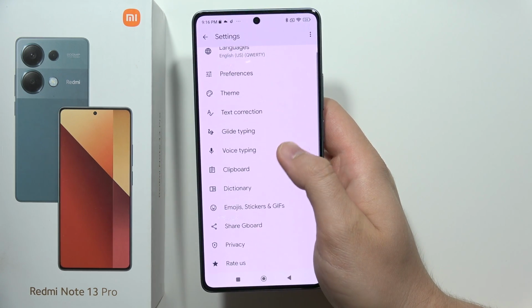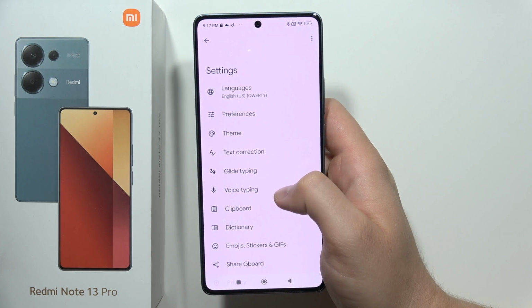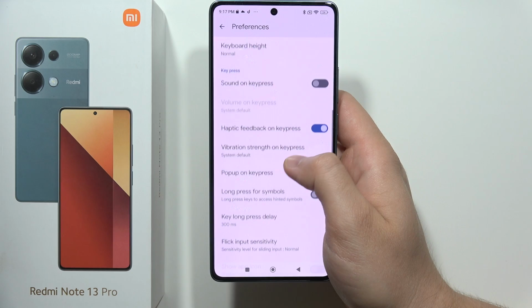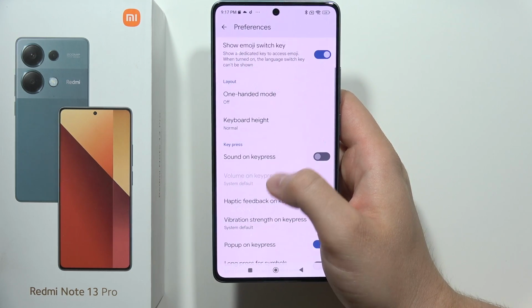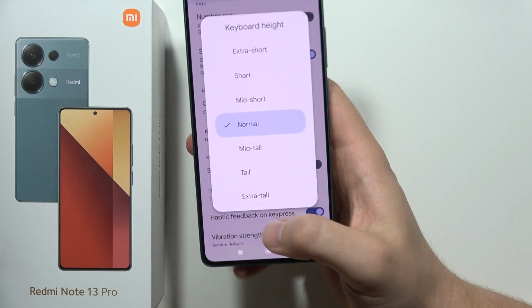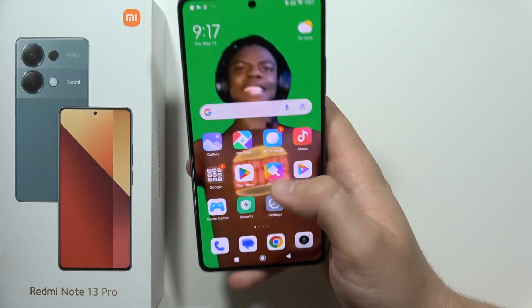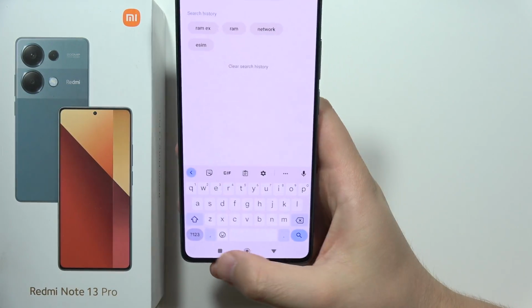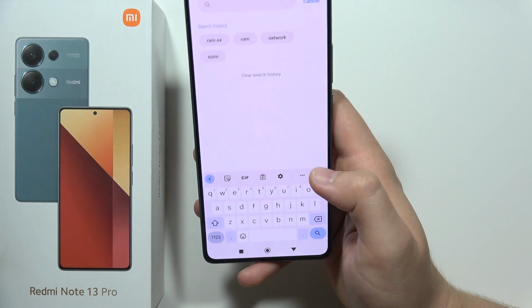Then you will have to scroll down, or maybe not, we have to actually go for the preferences, and from this we should actually find the keyboard height. There we go. So take a look how the keyboard looks right now. In my case, it's like really small. So to make it bigger,